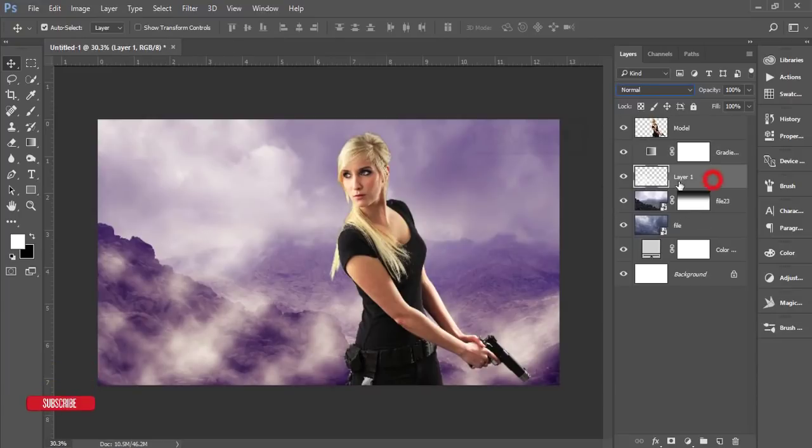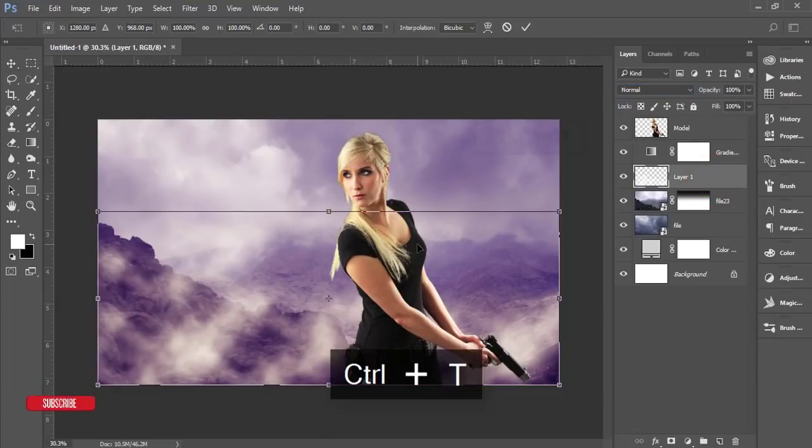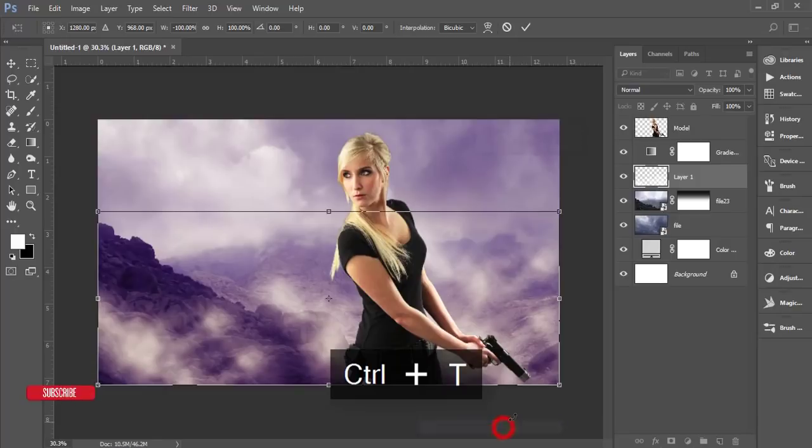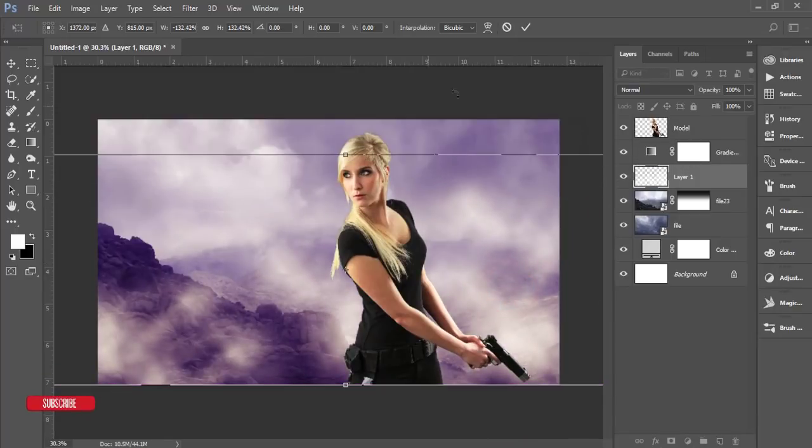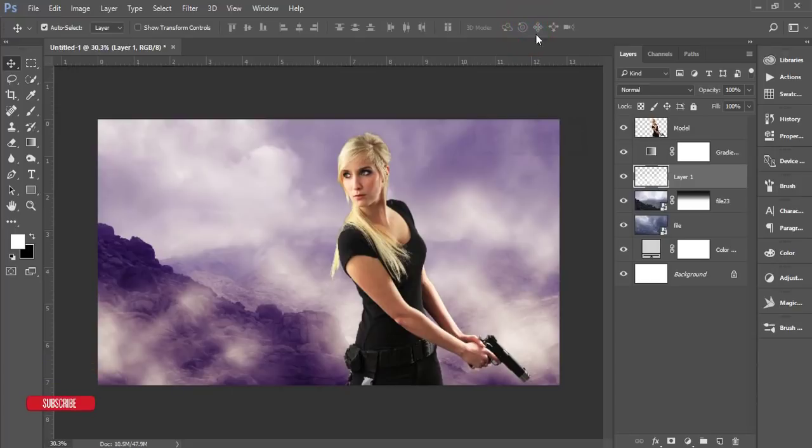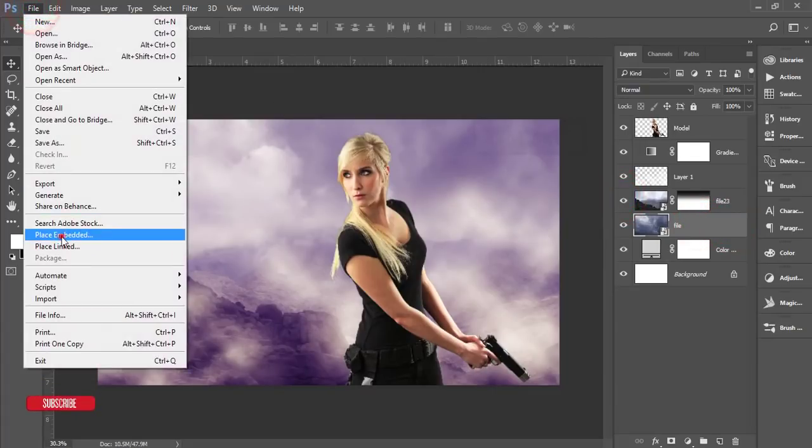So here is the fog. I'll change the fog direction. I'll make it horizontal and I'll make it bigger like that. So that's fine. And after that, here I'll select this photo and go to the file and place embedded options,